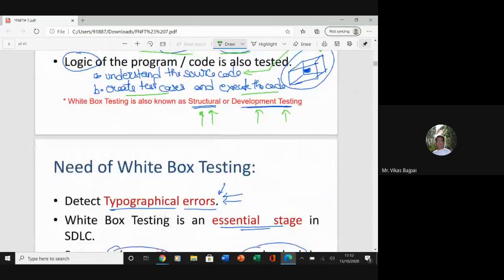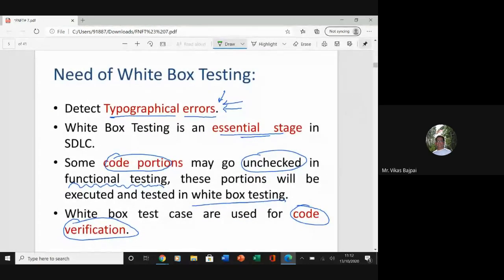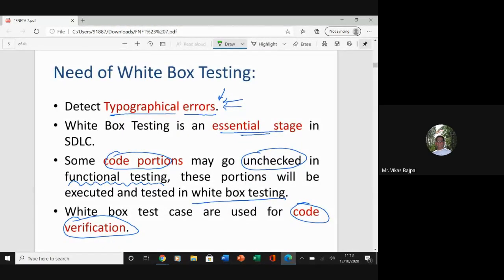Further, we saw the needs of white box testing, that is, what basically is the need of white box testing. We said that we can detect typographical errors in this case, and that this is a very essential stage in the software development life cycle. We saw that in all software development lifecycles, testing was an important phase, and in testing we have options like black box and white box.